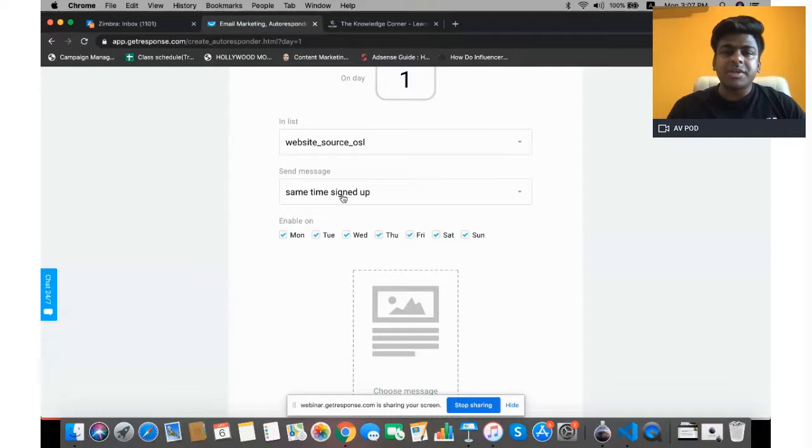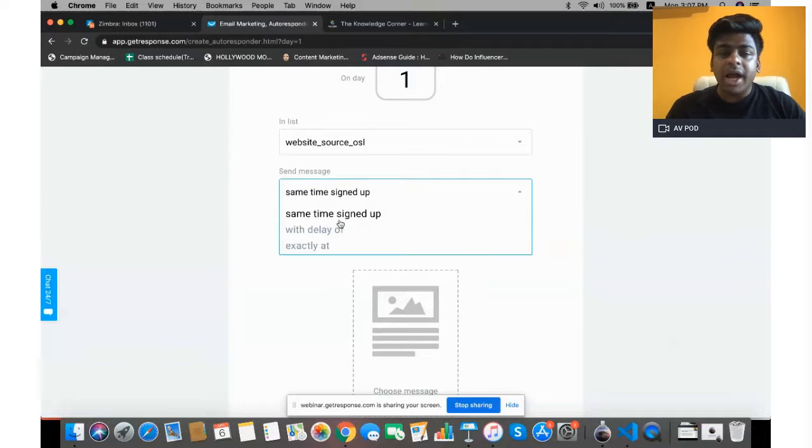Since the subscription was done on day 0, now it is asking when you want to send the mail: at the same time when the person signed up, or at a fixed time, or with a delay. If you want to send the mail at the same time the person signed up, select the first option. If you want to send the message 2 or 3 hours delayed from when they signed up, go with the second one.